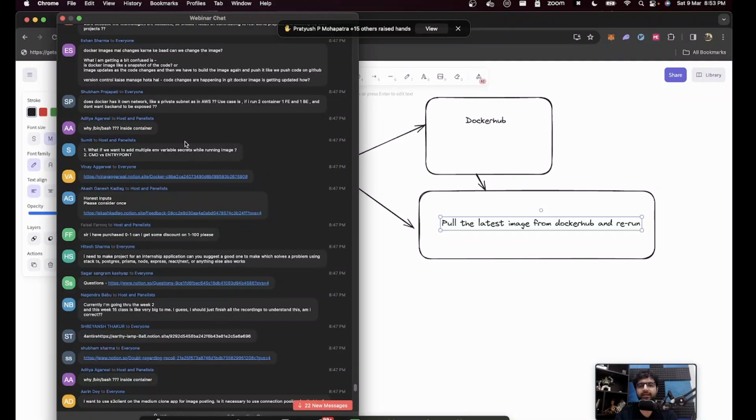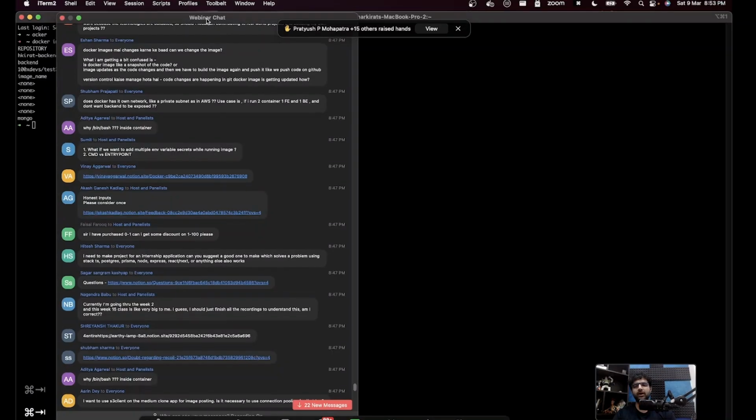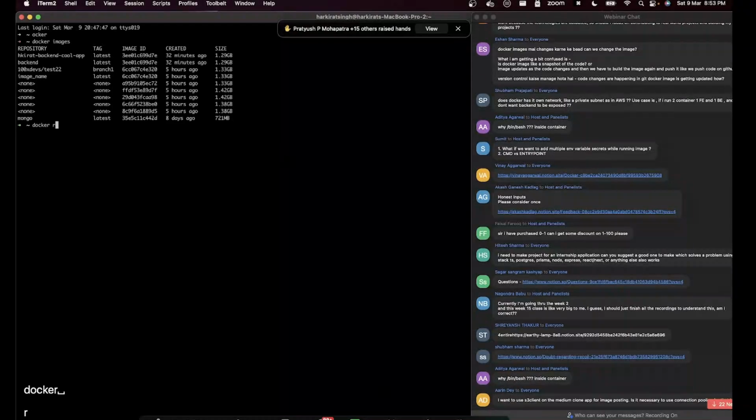Use case: if I run one container front end and one container back end, and don't want the backend to be exposed, then you just don't add the port mapping for the backend, right? If you don't want the backend to be exposed, you start the front end with docker run -p and whatever your port mapping is. Whenever you start the backend, you don't add any port mapping, so no one will be able to reach that backend container.